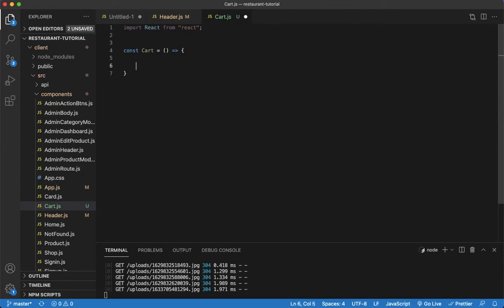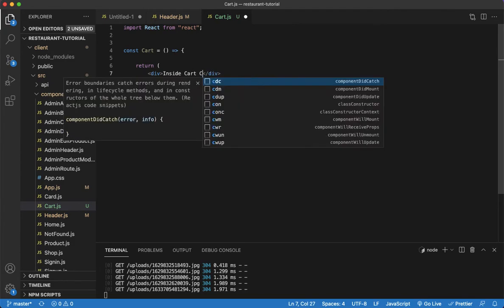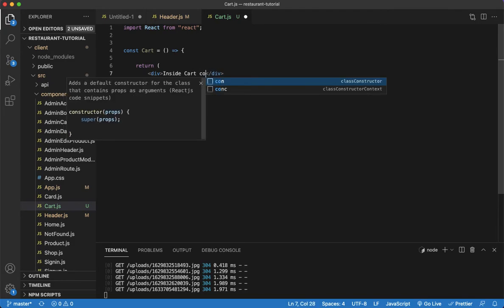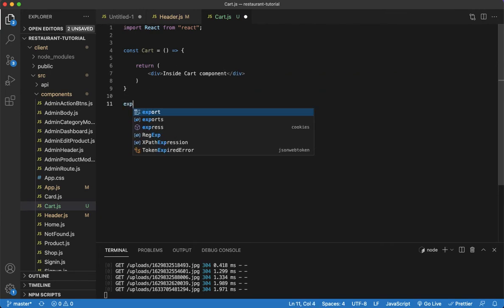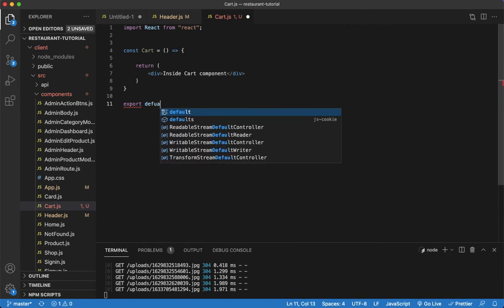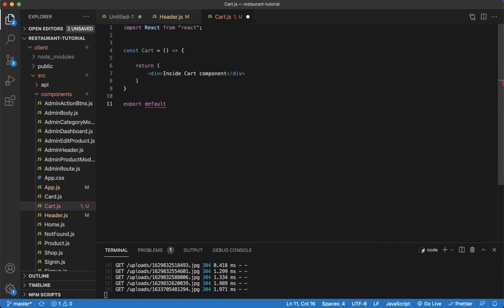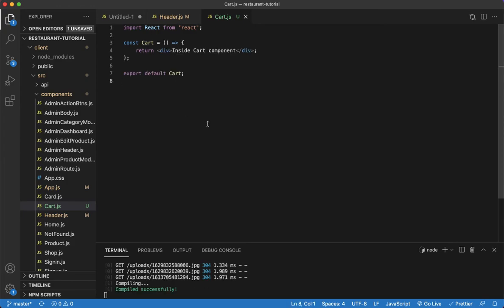Here, return a div tag, which is going to say inside cart component, and let's go ahead and export that. Cart. All right, so if we save that,